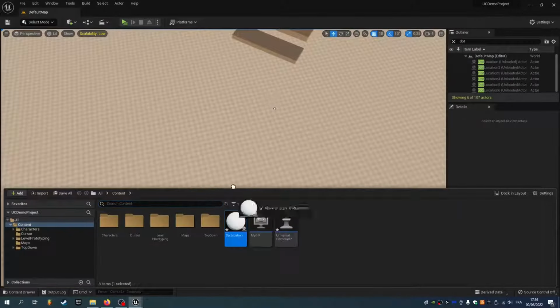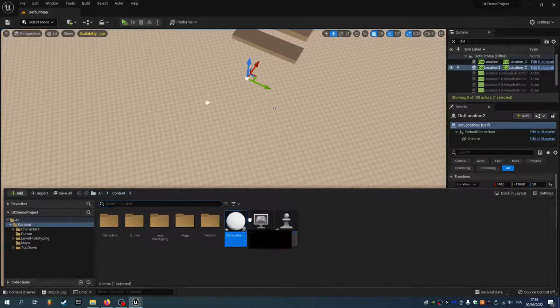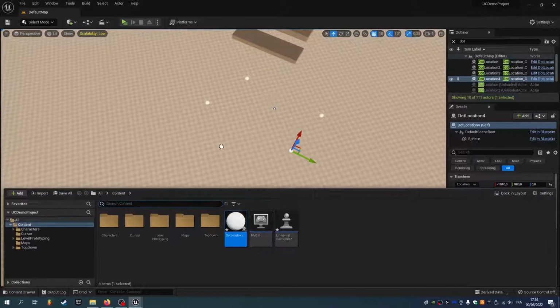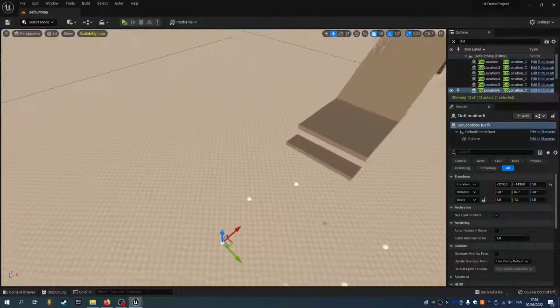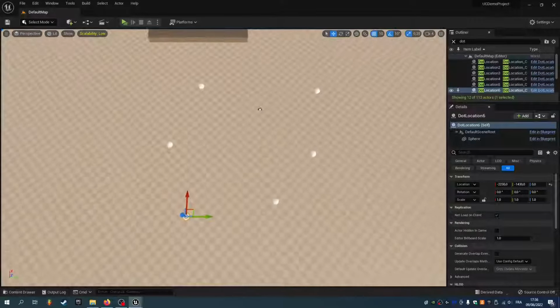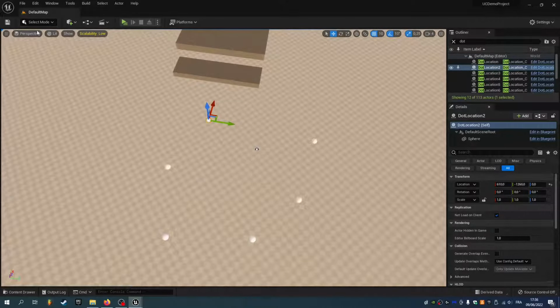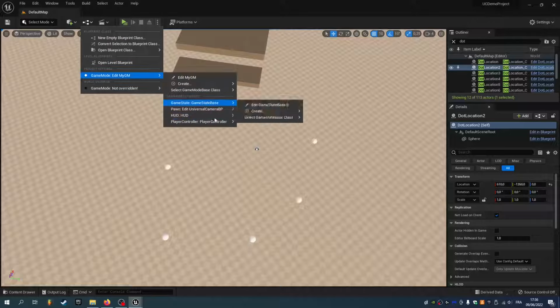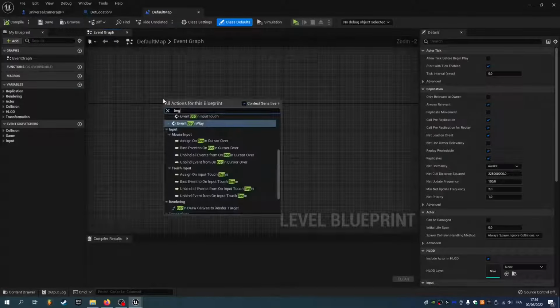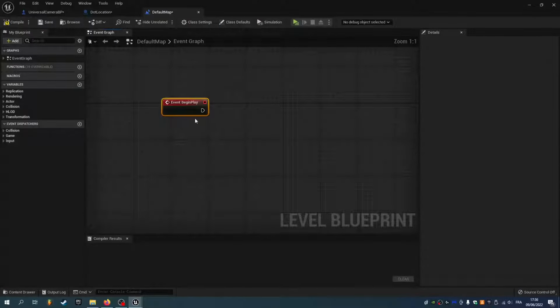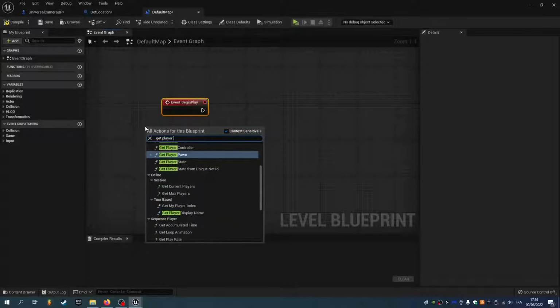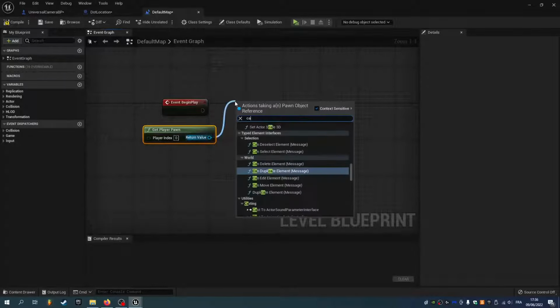Now I'm gonna drop some of them in the level and draw a shape like that. So this can be my shape, from here to here to here to here to here and circle back here. So I'm gonna open the level blueprint, and on begin play I'm gonna first get a reference to my camera,